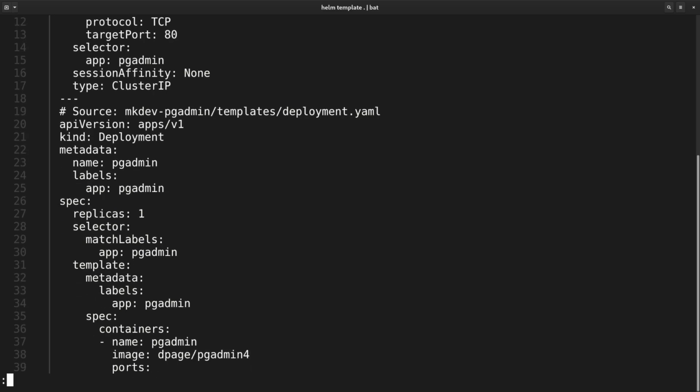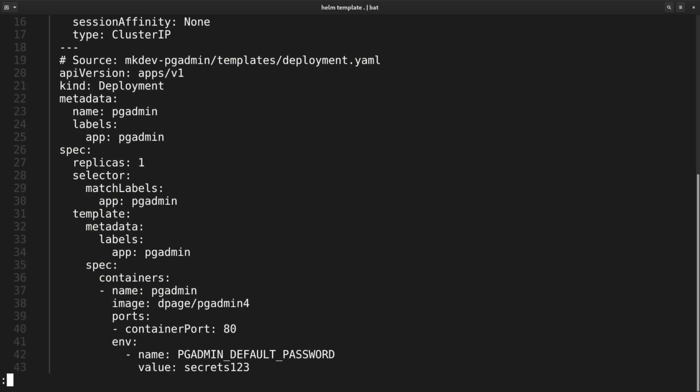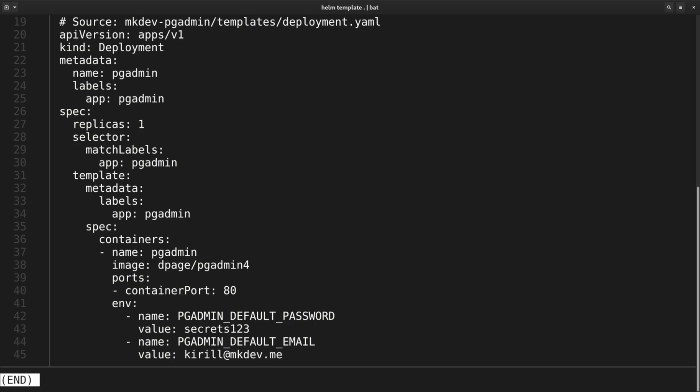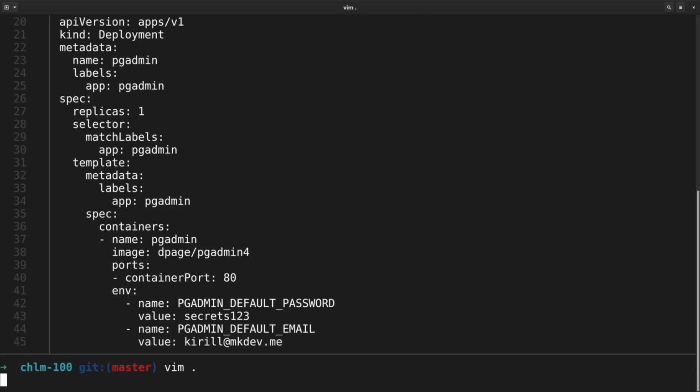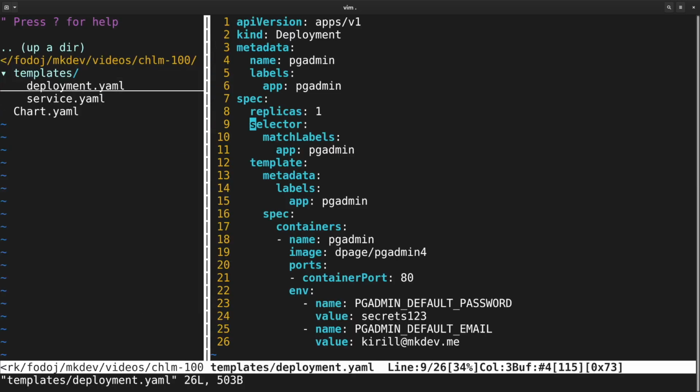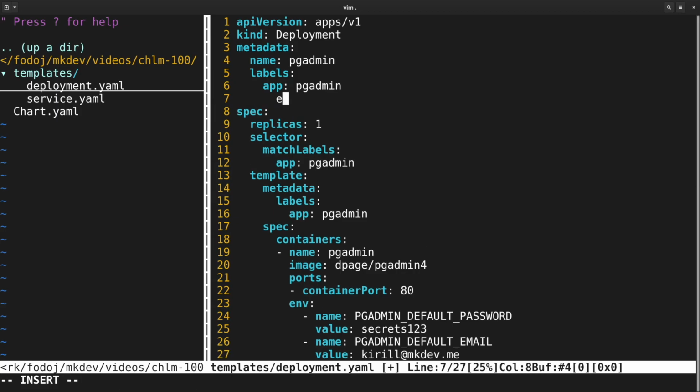When we run helm install or helm upgrade commands, Helm will first process the templates and then send the result to the Kubernetes API. Those are not really templates because we never specified which parts of these files should change depending on our inputs. Let's fix that. The first thing that I want to make dynamic is an environment label on each resource. I want to see if this resource belongs to the staging or to the production environment.